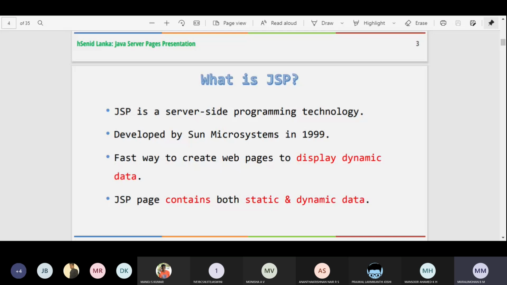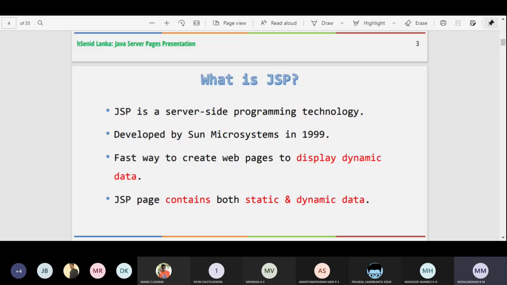This is what we learned by taking one example. You can take that picture in your mind, so that you know where exactly we are writing these JSP pages. Wherever the presentation logic is there, we can use JSP. Wherever the business logic is there, we can use the servlet concept. Okay, now just to quickly go through the points listed here.